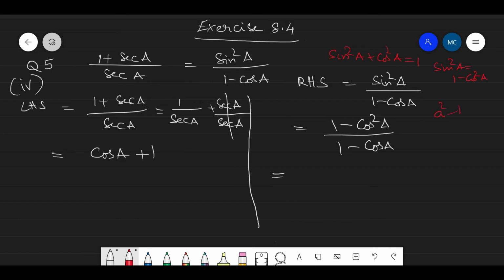A square minus B square is equal to A plus B into A minus B. Using that identity, 1 square is nothing but 1, and 1 minus cos square A is made as 1 plus